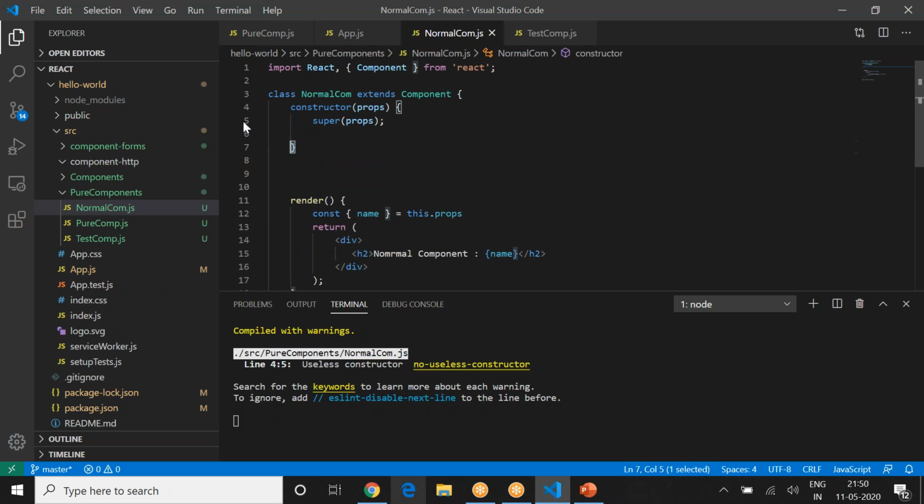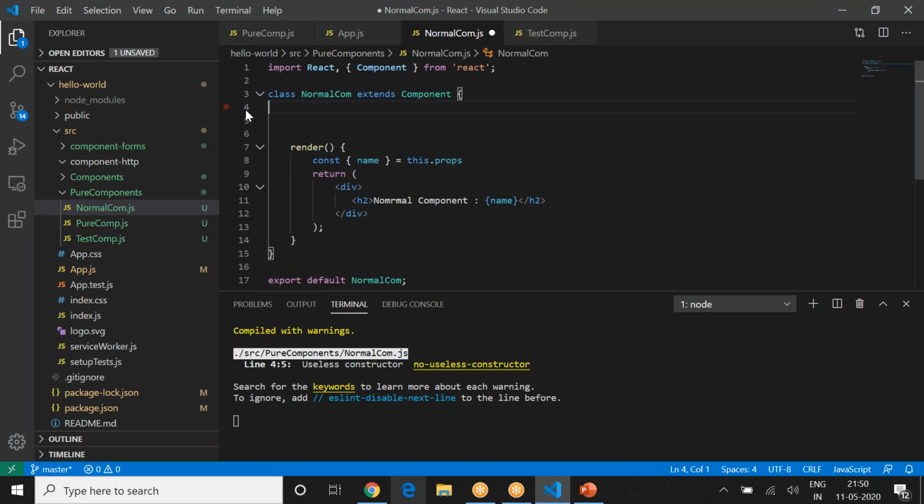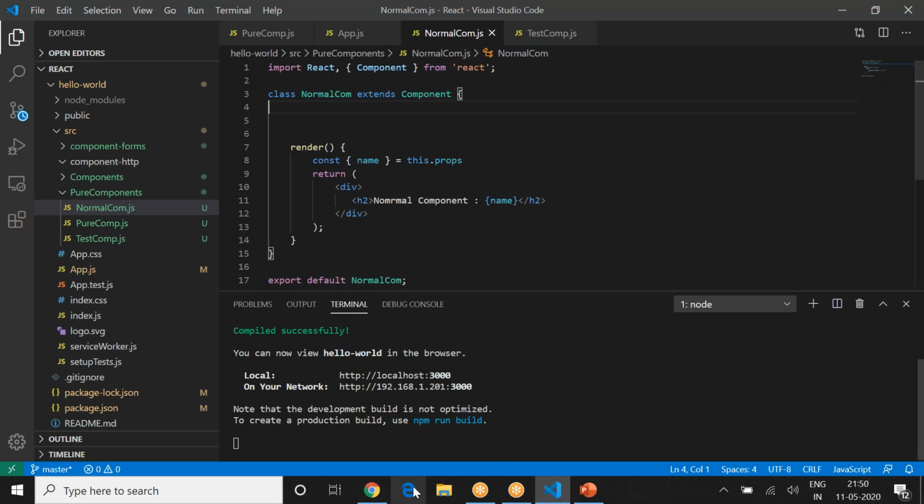In normal comp, remove the constructor. Okay, so now come back to your screen and see if you are able to get it.